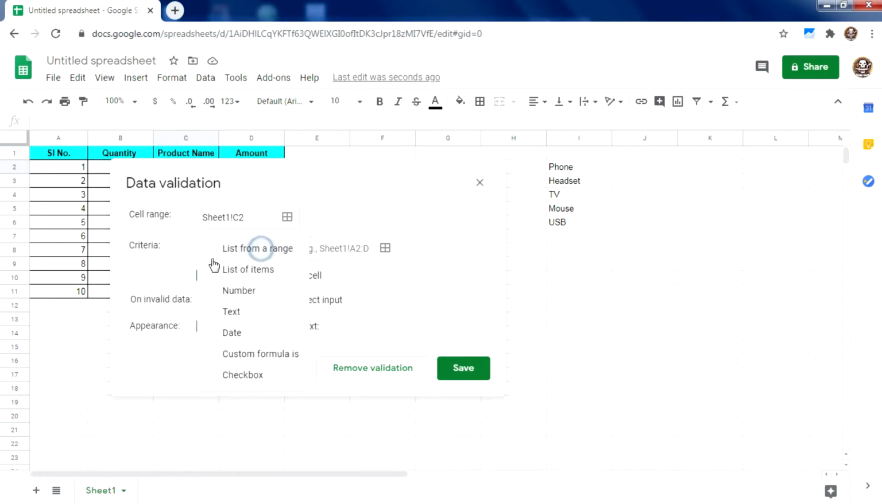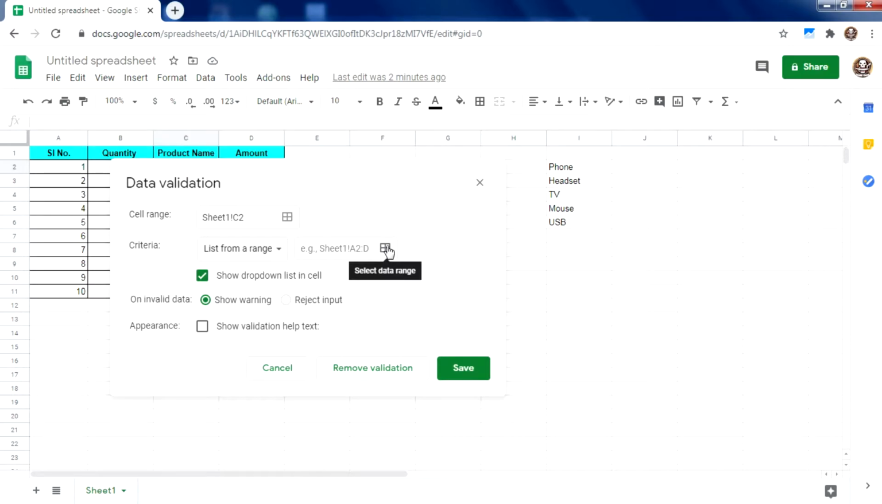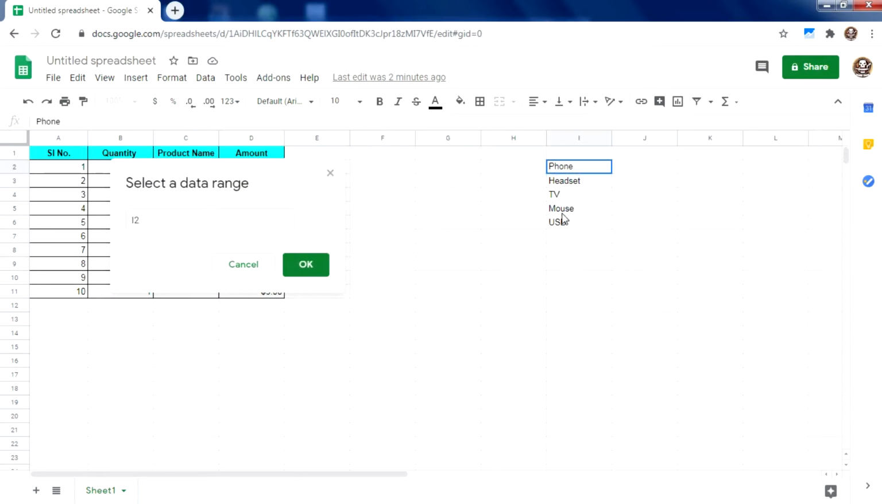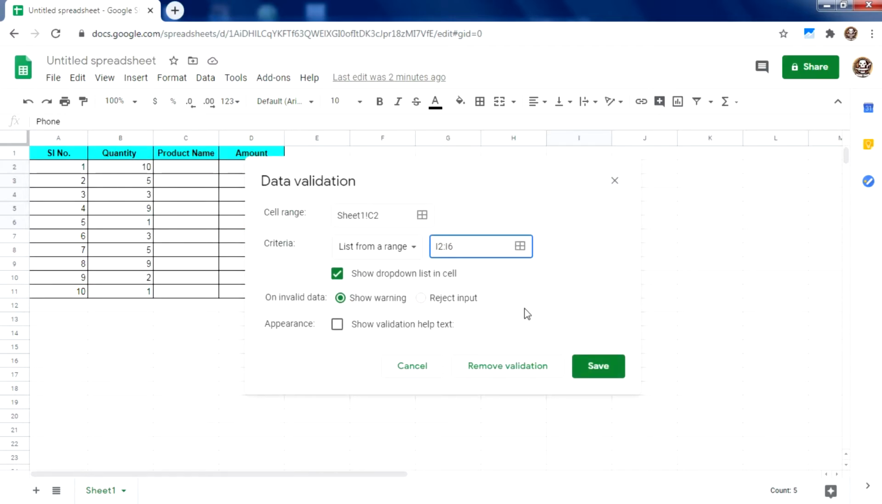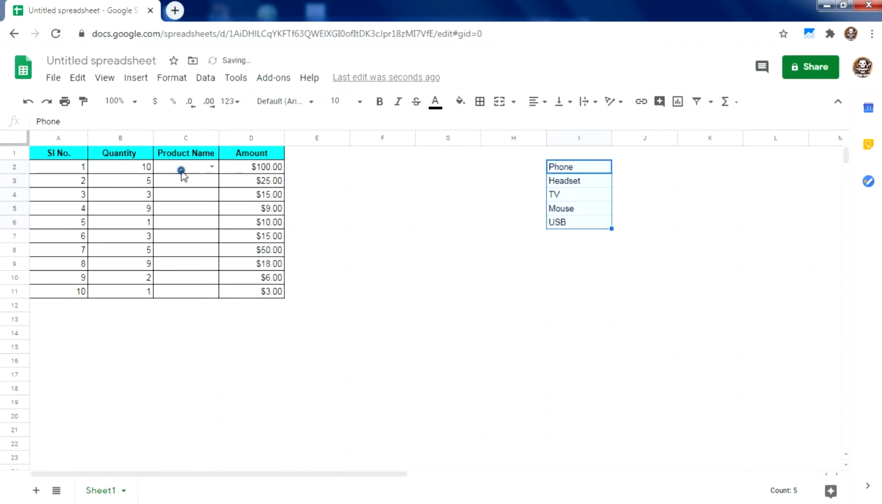So after selecting, select this list from a range and select the data range, guys. I have the data range. I have selected it, and I will click on OK, and I will click on save. So boom, I have a drop down list in my product name, and I am going to select this as